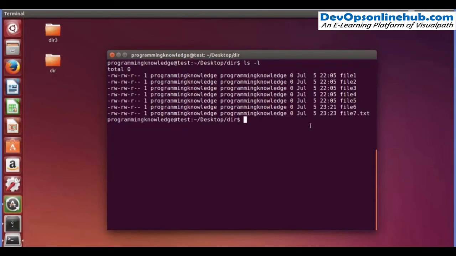Okay, so if the file doesn't exist, and if you use the touch command, then it's going to create this file, right? And if the file already exists, and you use the touch command on it, it's going to update the timestamp of this file to the current timestamp, right? So you can see the current timestamp is